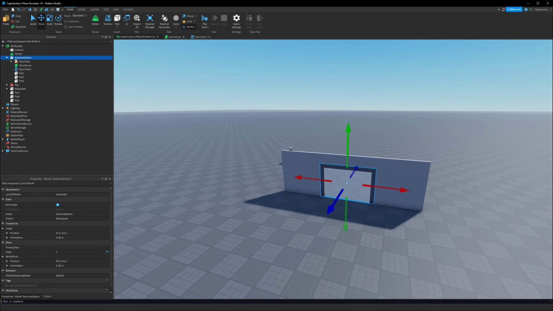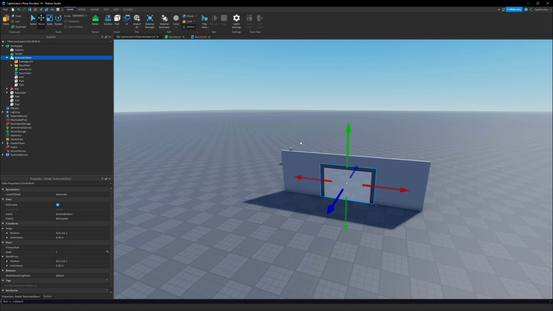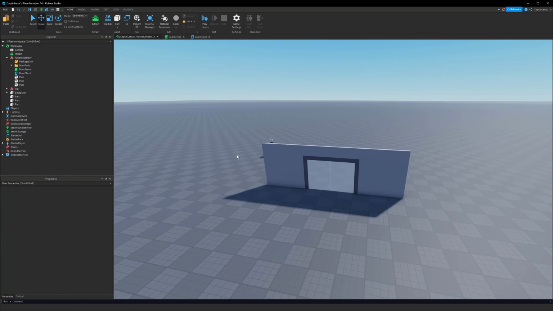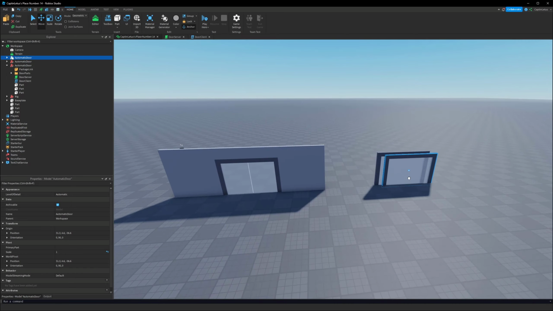So right click the door, convert to package, and we can call it automatic door. Make sure you set ownership to whatever game or group you're using. For me, I can just have it on my own account, it's fine. Click submit. And this has made our door into a package. And the neat thing about packages is if I say now copy and paste this door a few times,